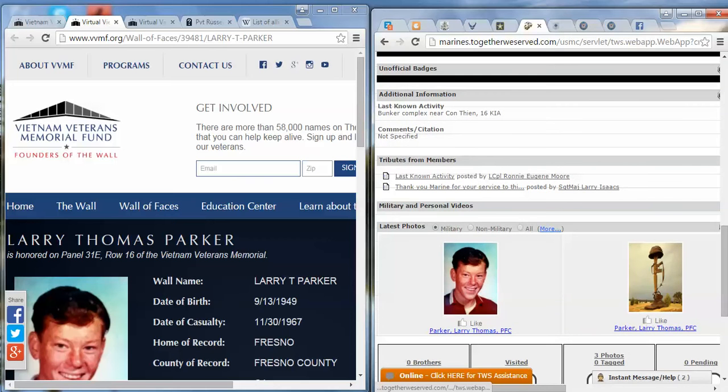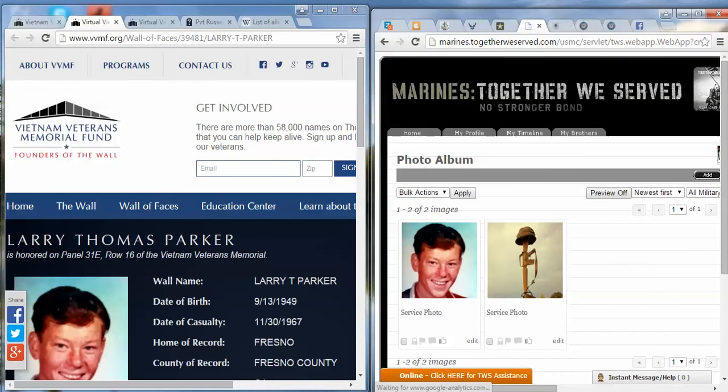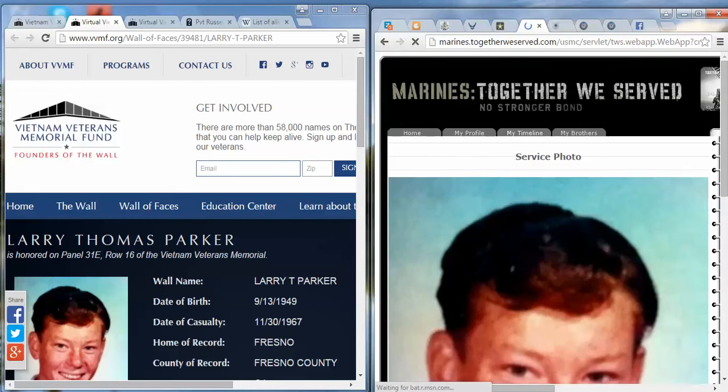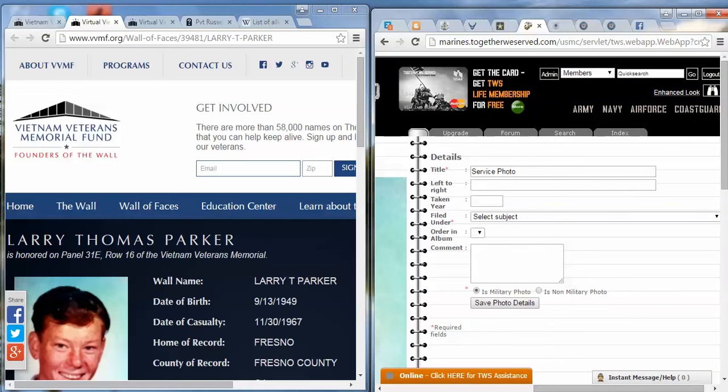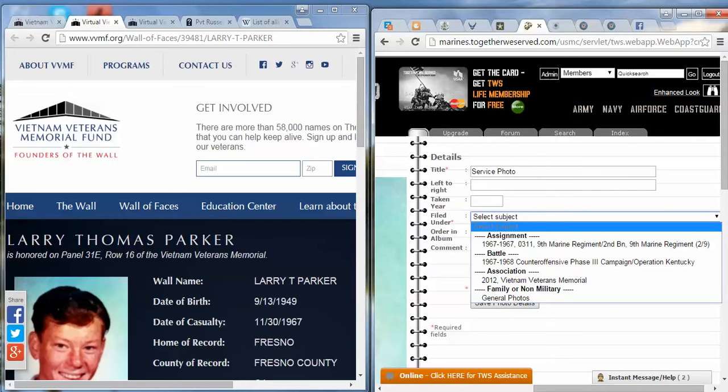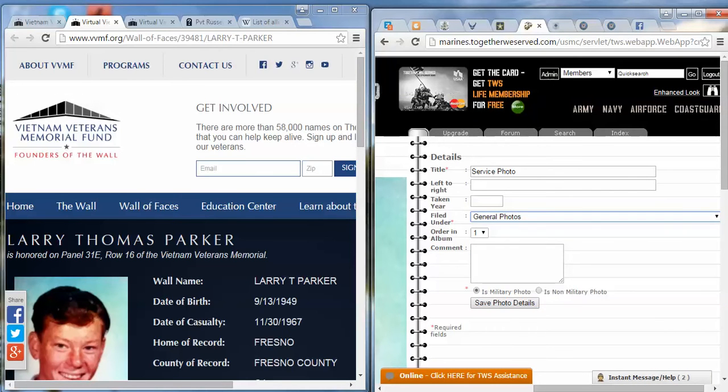go down here, click More, click Edit, and put where the photo was from. Courtesy, helps if I can spell, vvmf.org.